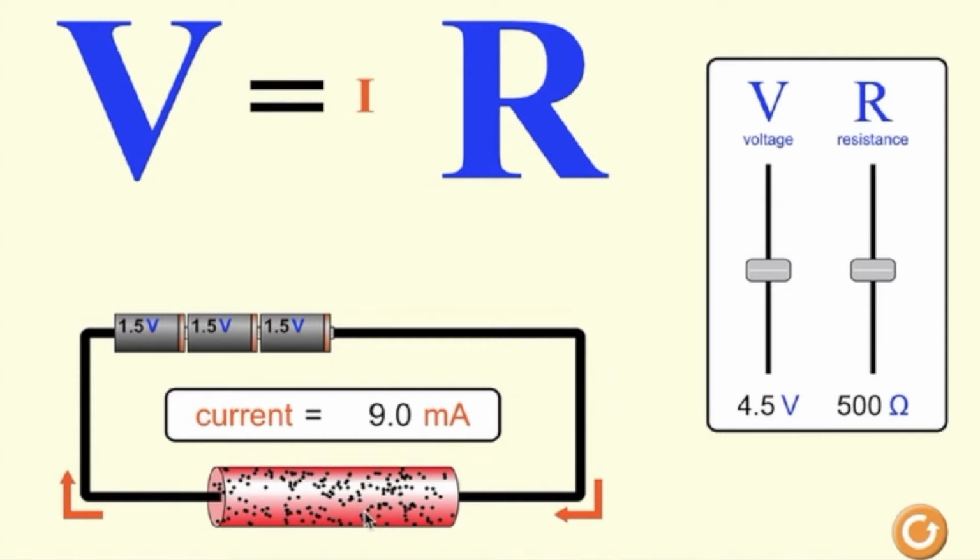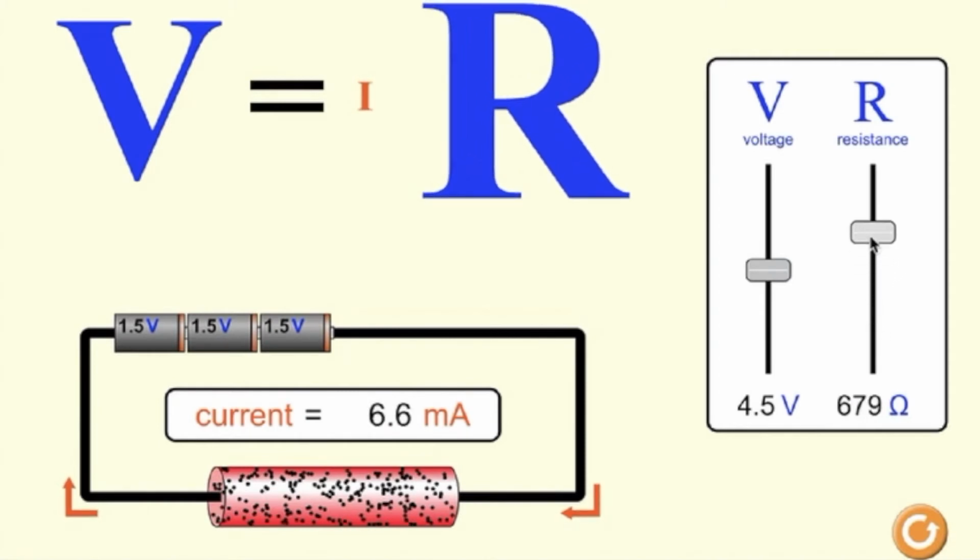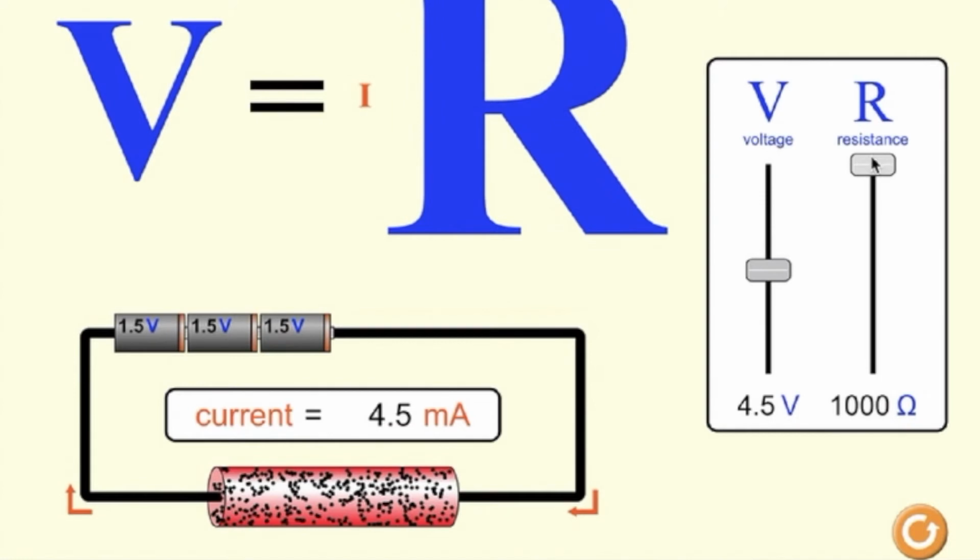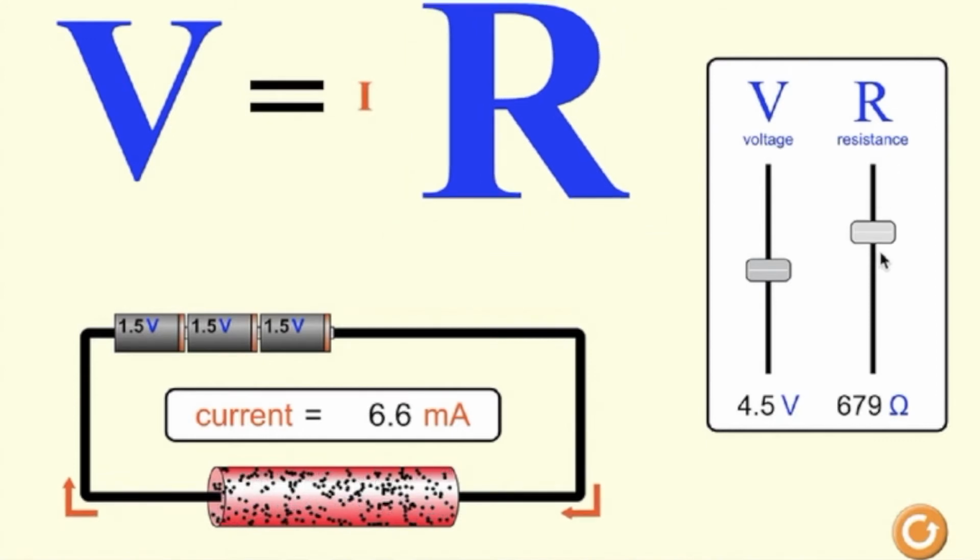The resistance is shown by the little black dots in the red cylinder, and the electric current is shown by the sides of these arrows. You'll also be able to see the relationship between voltage, current and resistance by the size of these letters. We're going to keep the potential difference constant, vary the resistance, and see how the electric current changes. As I make the resistance bigger, the electric current gets smaller. As I make the resistance smaller,